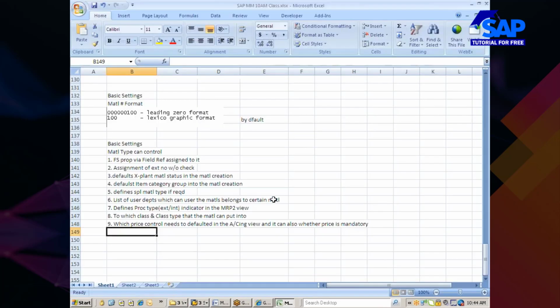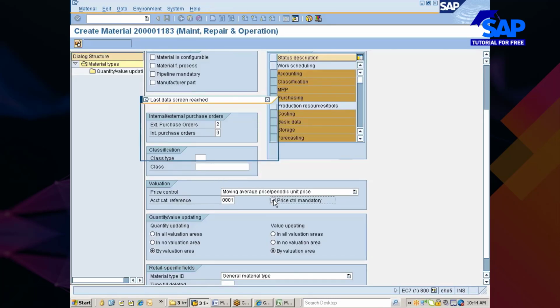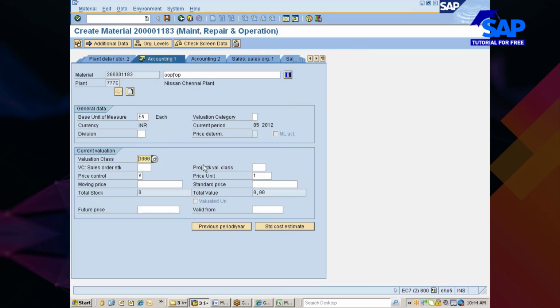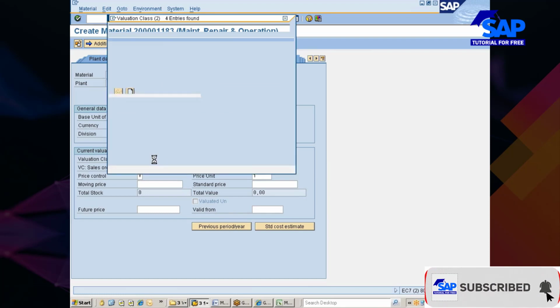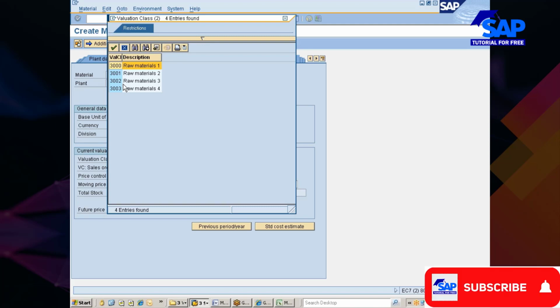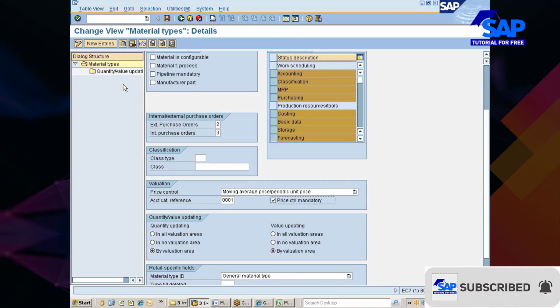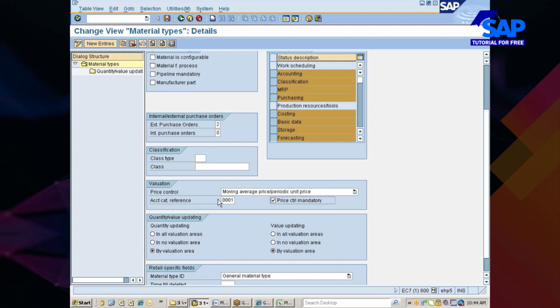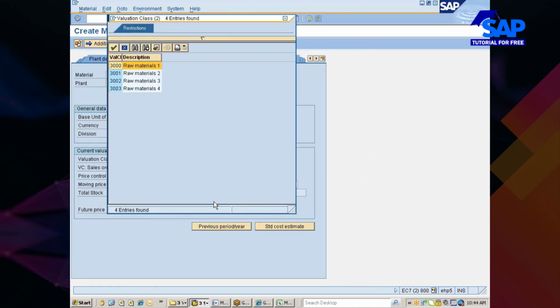And then you see here, while creating the material master, there are certain valuation classes which appear here. All these valuation classes are dependent on something called account category reference, which in turn is dependent on material type. So this is the one which is controlling your valuation classes.